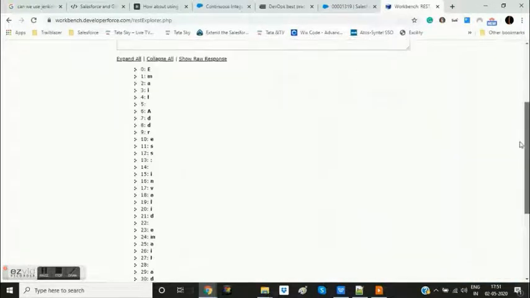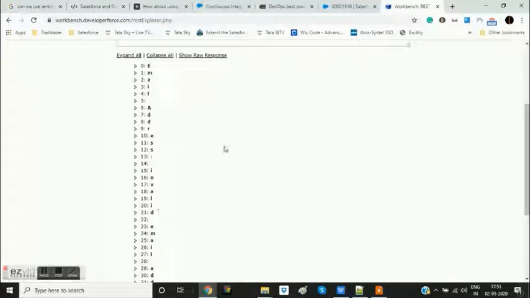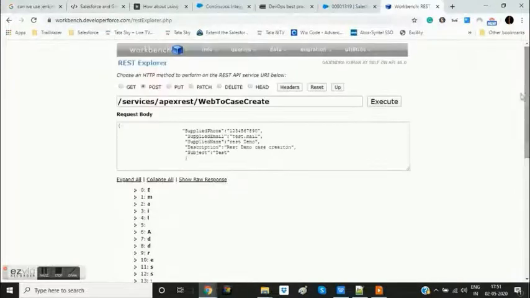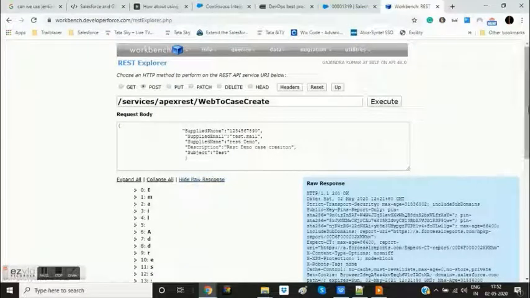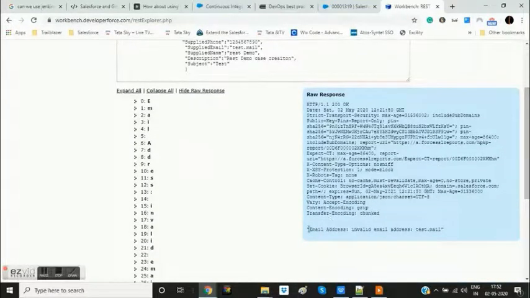After that, what I'm going to do is execute. Click on this execute button. Okay, what else? This you can change in the settings over here. How to see the response? I'm going to click on show raw response. It will show me the raw response over here.